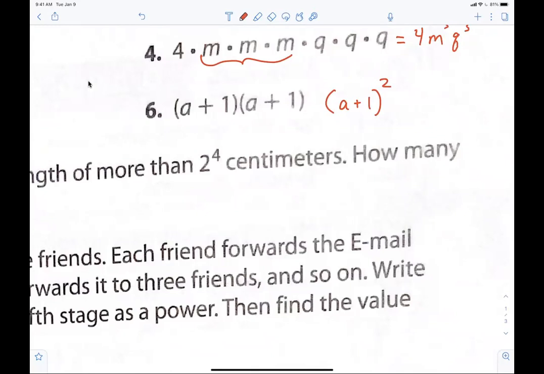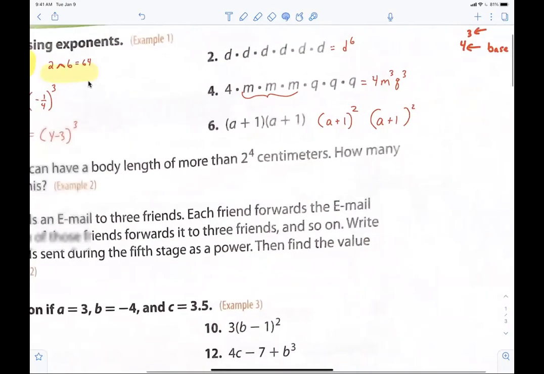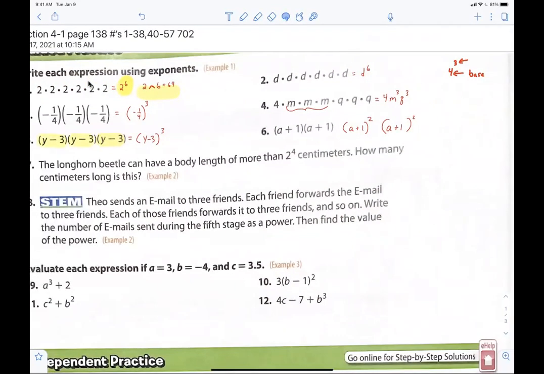If you wrote it like this, let me show you. If I wrote a plus 1 squared without parentheses, that just means the 1 is the only thing that's being squared. You with me? Next year, I'm going to show you a lot about this. That is definitely not the same as that. Anybody? It's really simple, guys. Really, really simple. Which brings me over to